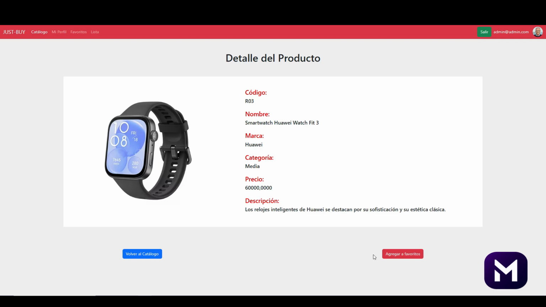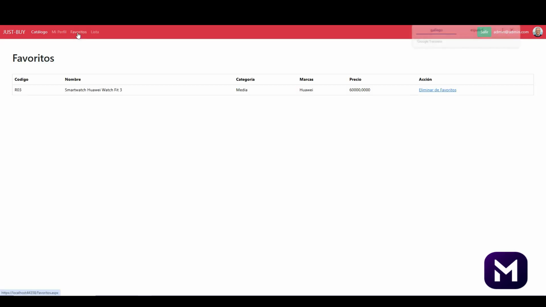If we look closely, we can also see a red button down here in the right that says Add to Favorites. When we touch it, the button is disabled and appears as Added to Favorites. We can corroborate this if we go to the Favorite section. There we see it incorporated into the grid where we have the entire list of the articles that we mark as favorites. If we want to remove it from the list, we simply touch here where it says Remove from